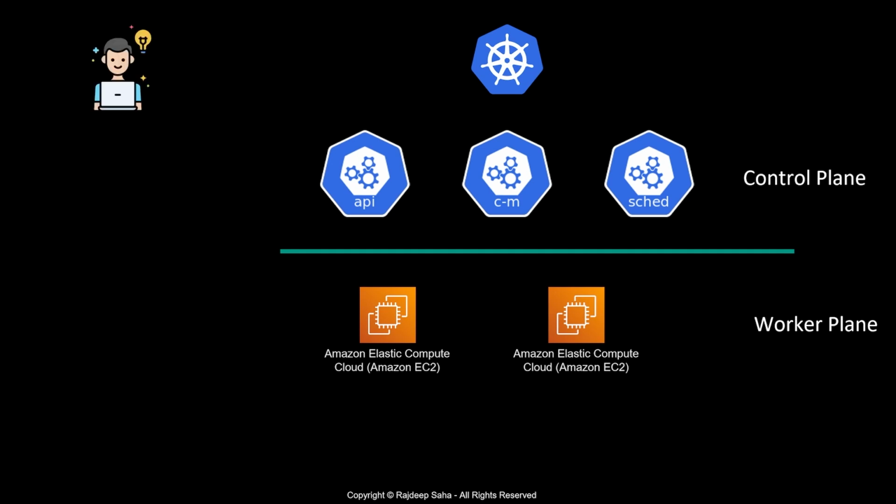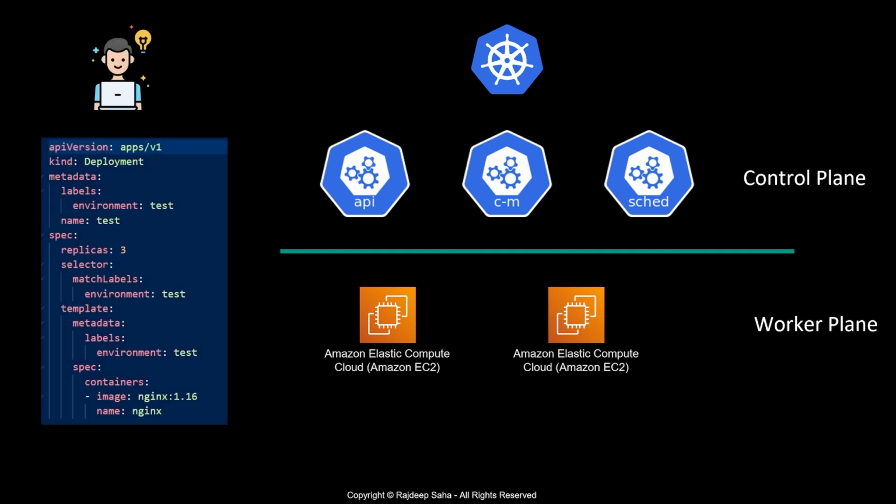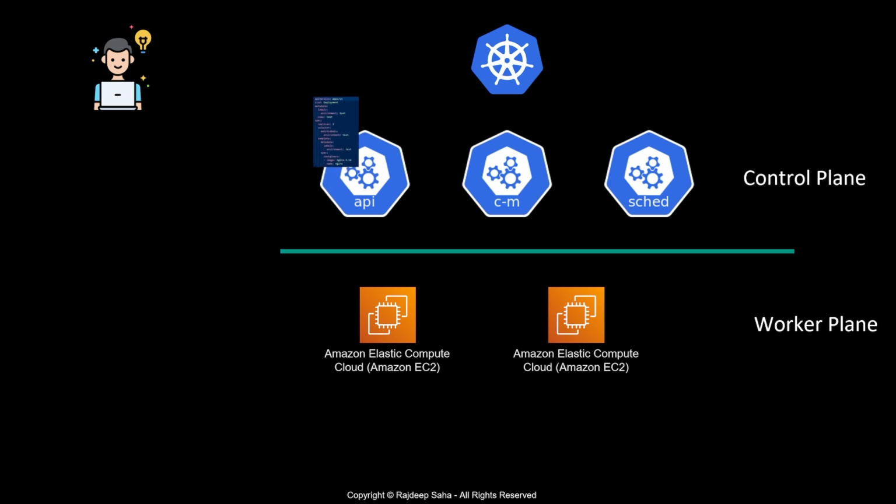Now let's say you, the almighty developer, submit this Kubernetes manifest file where the kind is deployment, where you create your container. In this case, we are creating Nginx version 1.16 and 3 replicas. So how this works is, as soon as you run kubectl apply -f and this manifest file, that request actually